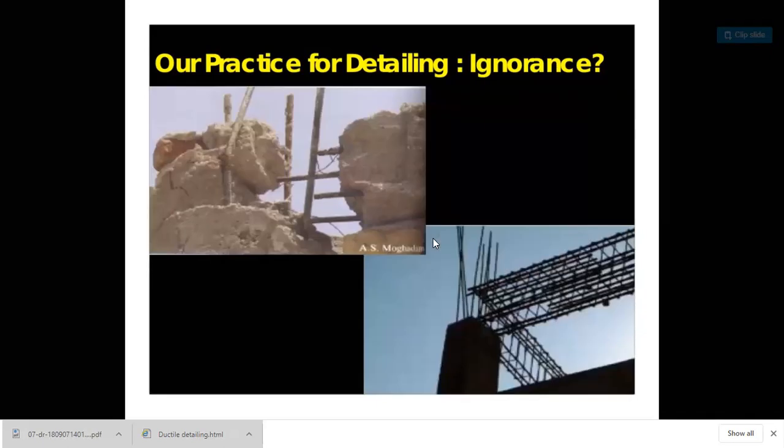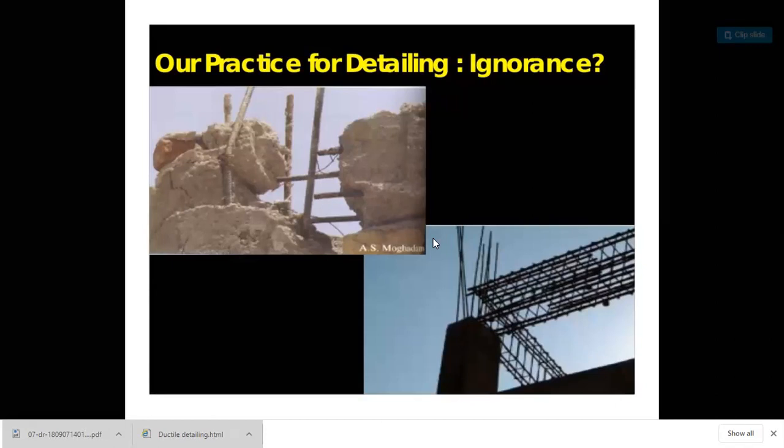Next ignorance as far as our concern, you can see from picture number 1 that the vertical bars are already open in the environment. Second thing is the bonding between the steel and concrete is going to be reduced, and so that cross sectional area becomes weak. If such a type of structure is built, then we will not get ductile behavior of the structure, so the bonding between the steel and the concrete should be strong.